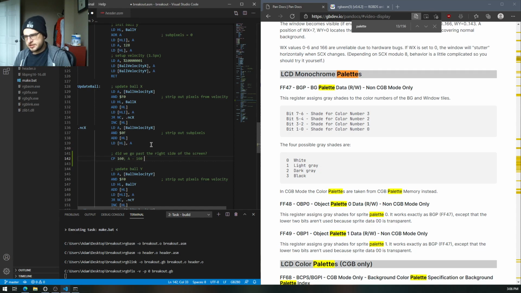So if A is 159, we'll do 159 minus 160. We get minus 1, or I mean, we actually get 255 because we're working with unsigned numbers. And that's going to be a wraparound. It's going to set the flag. So what we do is we do this comparison and we say, well,